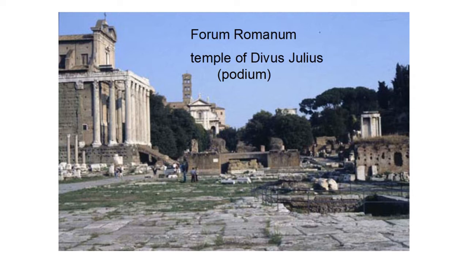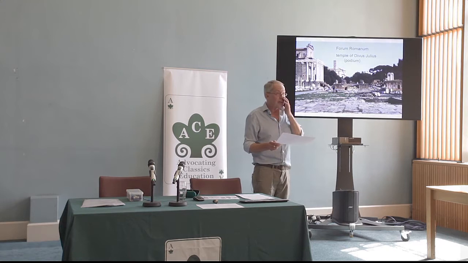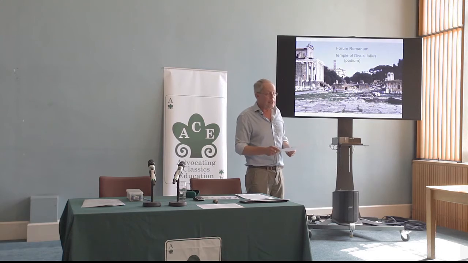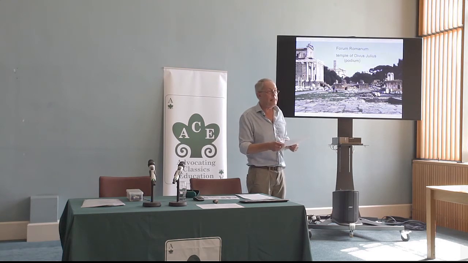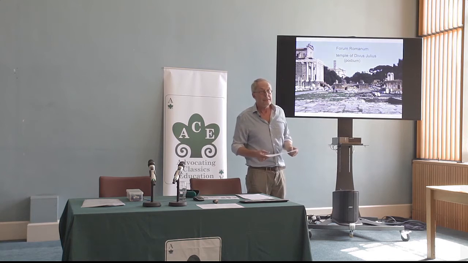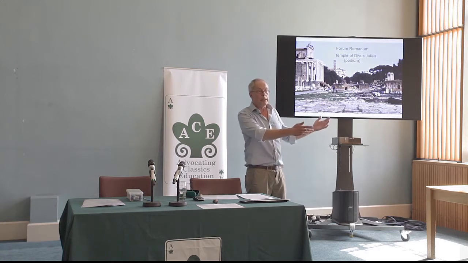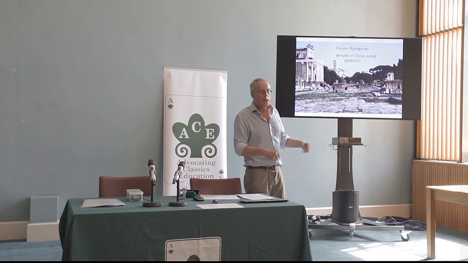But if you look at item 1B on the handout, it's just an example of the gold coin we're going to come to. It just illustrates that instead of calling himself Caesar, son of Gaius, he calls himself Divi Filius, son of a god. And so you see, what has happened is that Julius Caesar has become a god with a temple in the forum. Now you might say he's dead, it's all right, you worship him as a god if you want, but his heir has called himself son of the god.